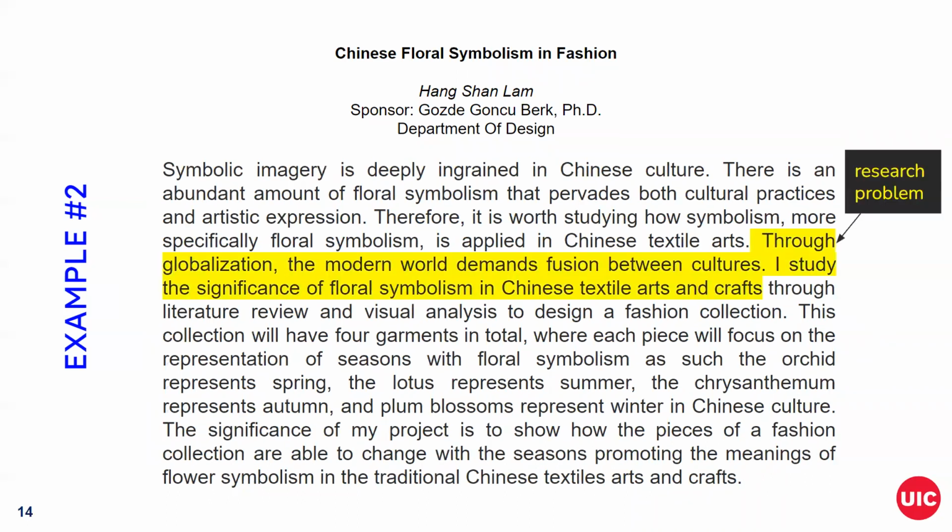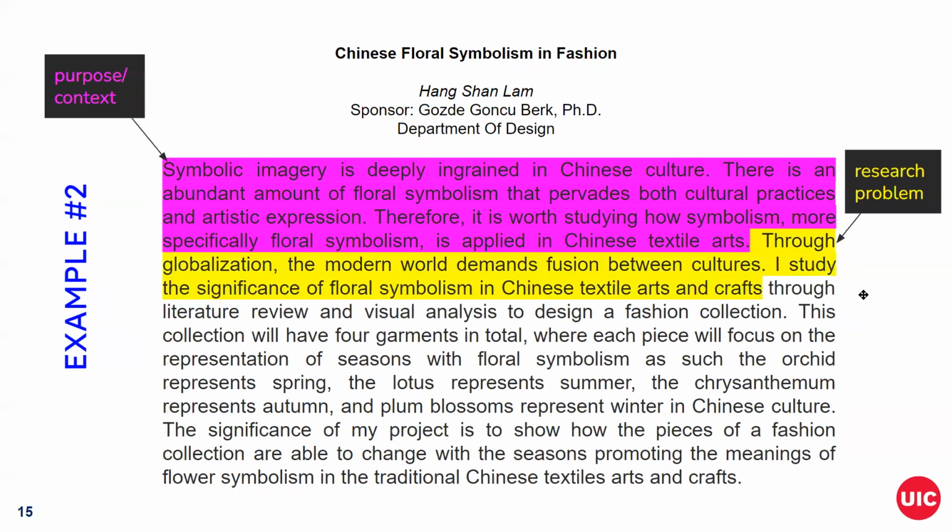All right, so this is an example of a creative project. So I always look for the research problem first. I study the significance of floral symbolism in Chinese textile arts and crafts. Okay, so I have an idea of what this person's going to do. Next,